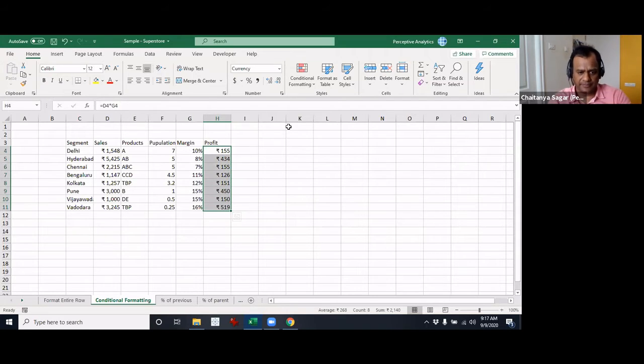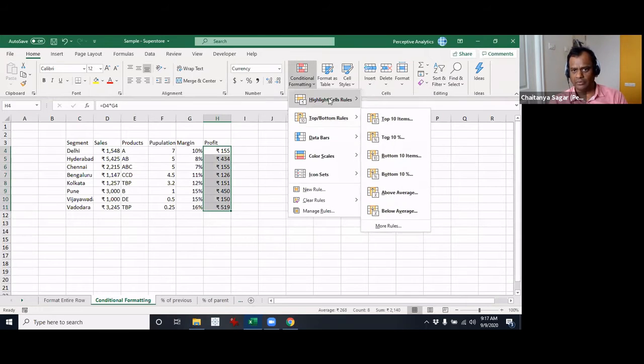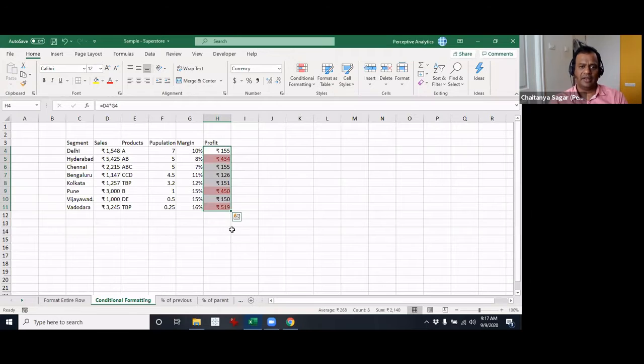So let's say conditional formatting, and it's based on a certain value. We will take that: greater than. So if it is greater than 200, we would like to highlight that. Let's assume that we will keep this constant. You have some other options right here, but I will just keep that constant for now. I'll click OK.